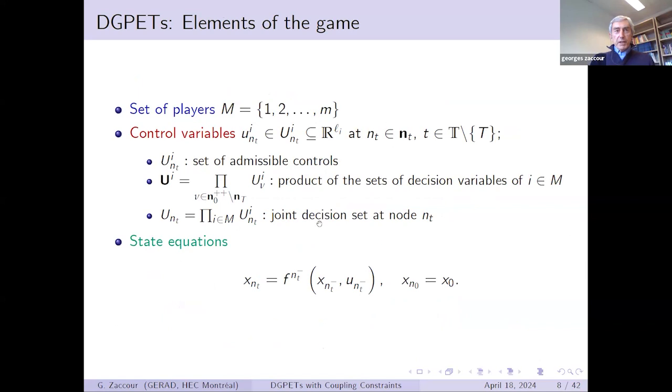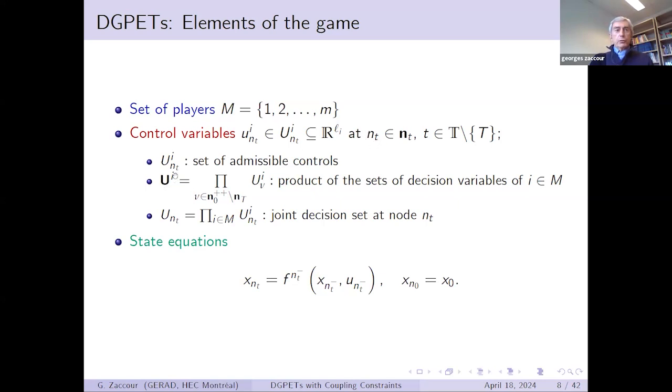So this is a dynamic game. So we have a set of players. I have m players here. And at each node n_t, we have some control variables. So for player i, we have these control variables u_i,t that belong to the set of admissible controls. Okay, so capital U_i,t is the set of admissible controls for player i when we are at node